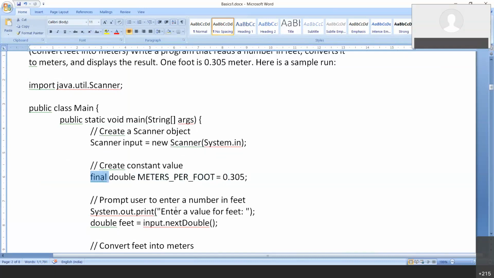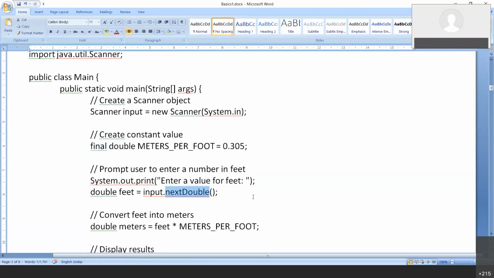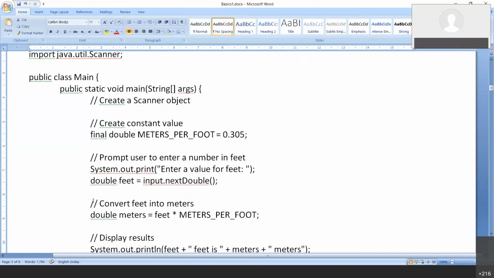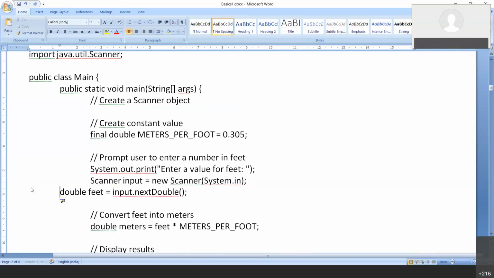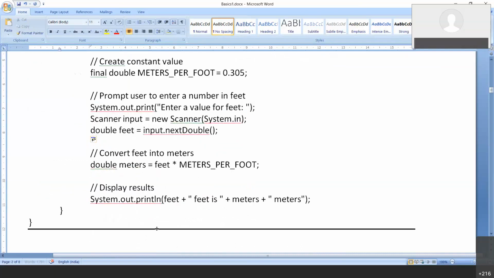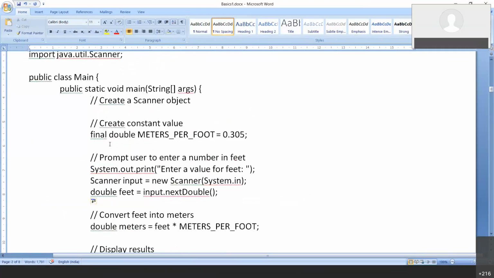Understood? Now what I will do, I will accept the temperature. Okay, so this scanner shouldn't have been here. This scanner should have been here. And this particular close I have not written, my bad, should be over here. Clear? So what is this program illustrating?